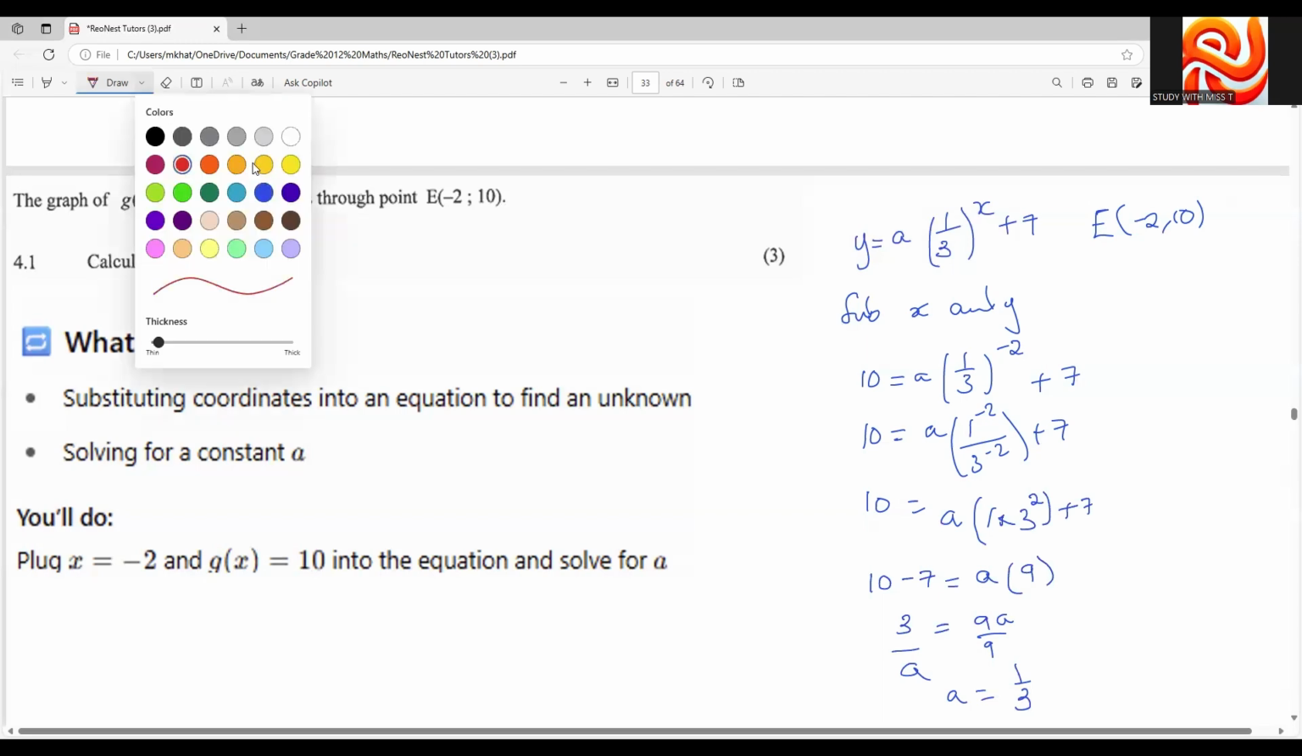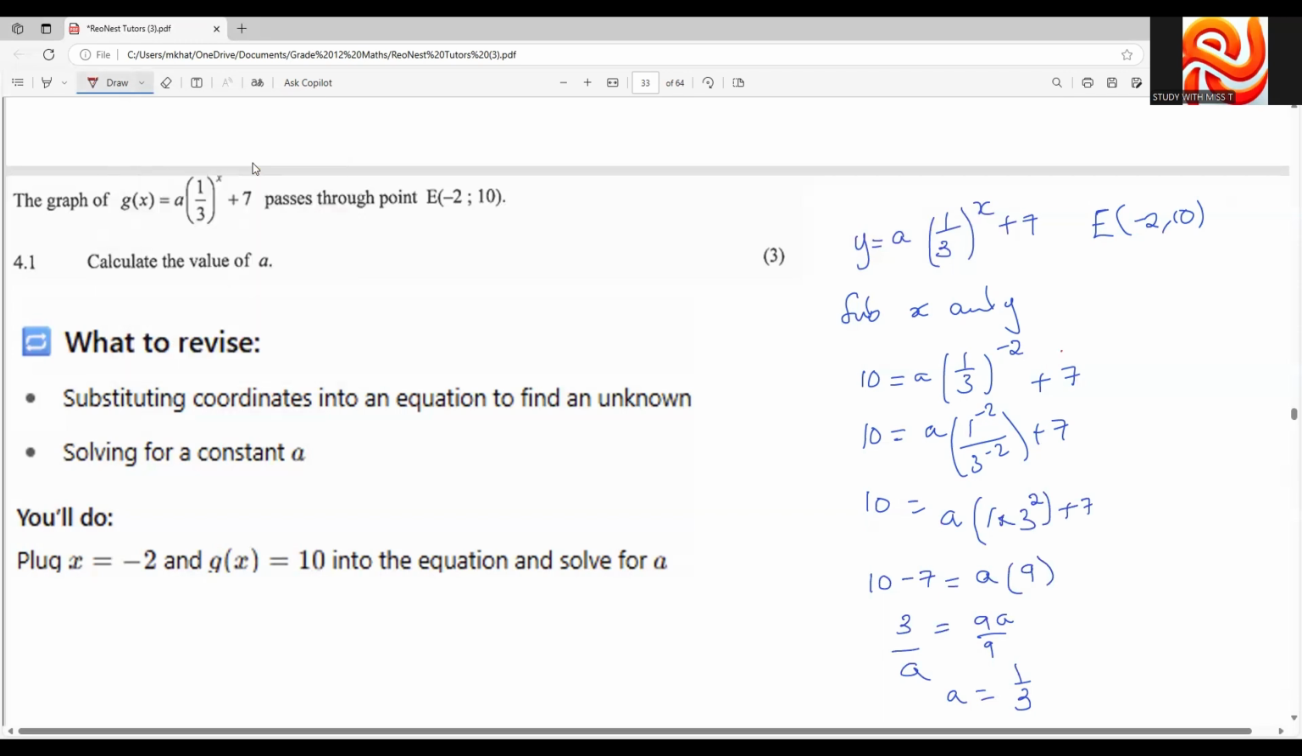So that's your a for 3 marks. How are you going to be marked? You're going to be marked by substituting the right values, simplifying in the last mark, okay? Let's jump to